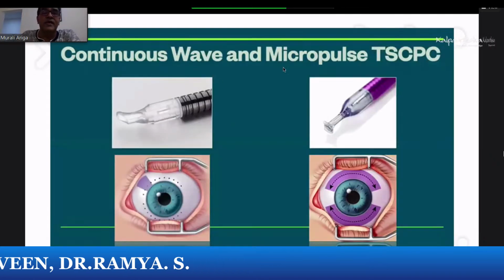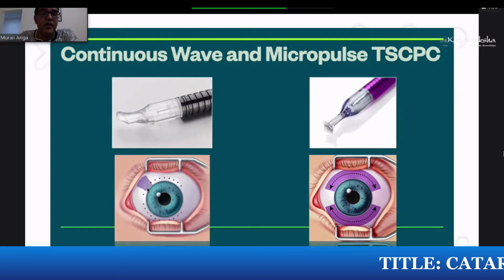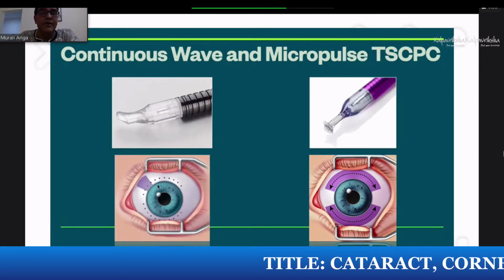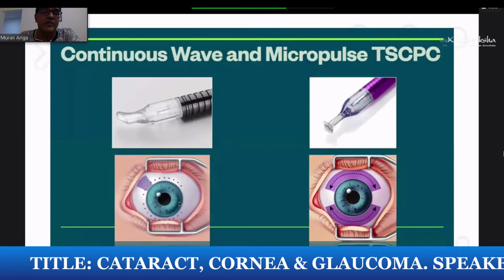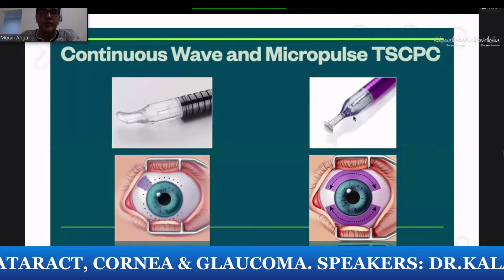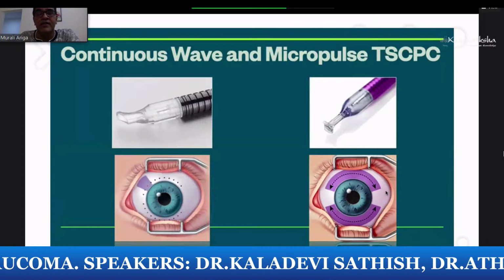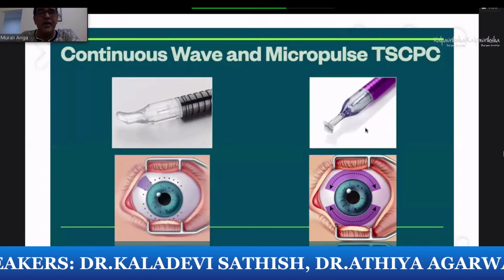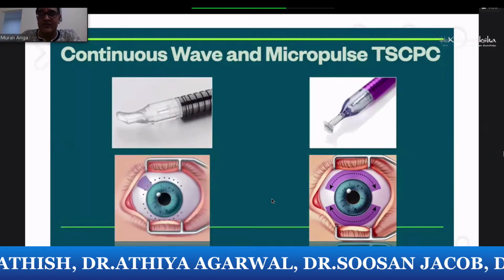The difference between the continuous wave and the micropulse transscleral cyclophotocoagulation is that the G probe of the continuous wave will be applied in spots like this, and there's some gap between spots being applied. We would generally not do more than 180 or at the most 270. Whereas the newer probe with the micropulse, you can actually do a sweeping movement like this, avoid the 3 o'clock and the 9 o'clock, and you can actually do, in most patients, both above and below. You don't have to restrict yourself.